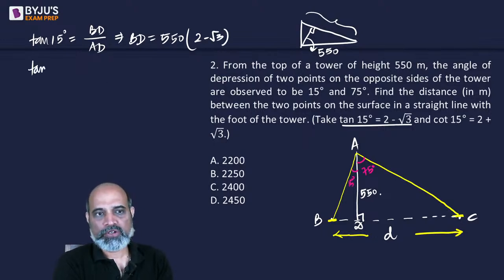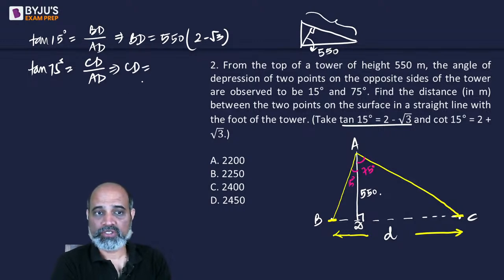Similarly, if we talk about tan 75 degrees, this is going to be CD upon AD again. We do not know what CD is. So CD can be written as AD into tan 75, where AD is 550 and tan 75 is going to be